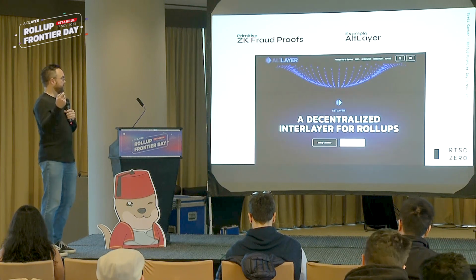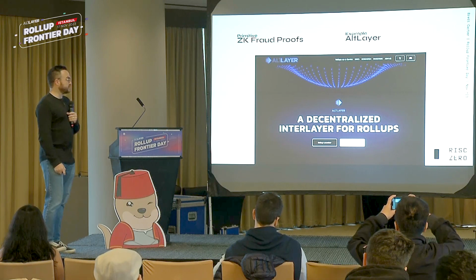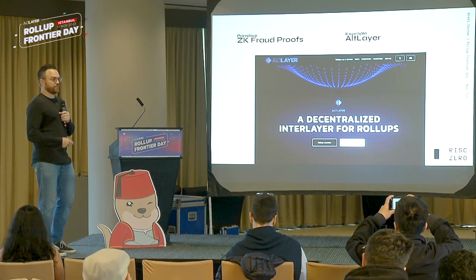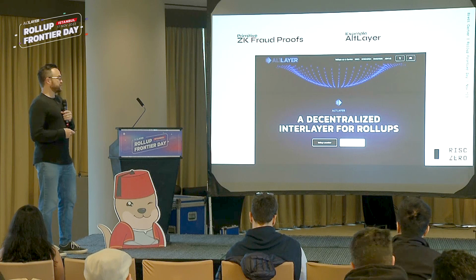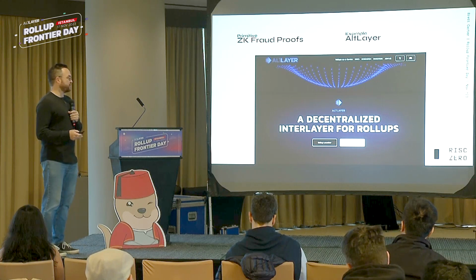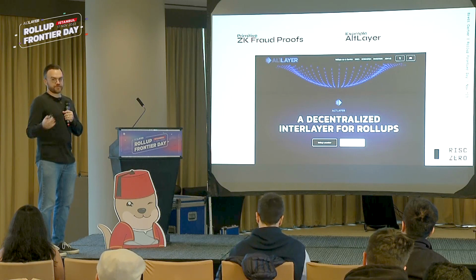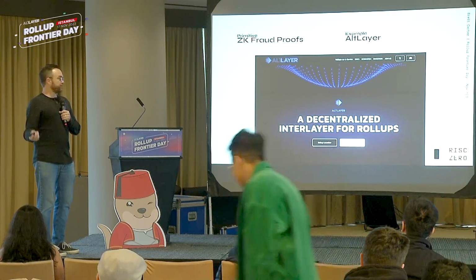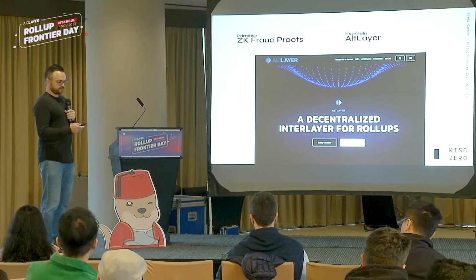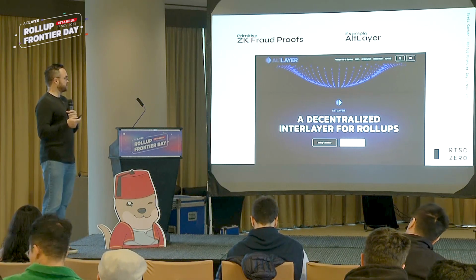And then of course, our friends at AltLayer, they're also using ZK fraud proofs. They've built their own AltLayer stack. This stack has been around for a while, but it's just easier for them to verify their fraud proof. It's a WASM-based fraud proof inside of our ZKVM, and then they put that proof on chain. So it just sort of saves a few headaches for them, and that's a design that they're going to continue